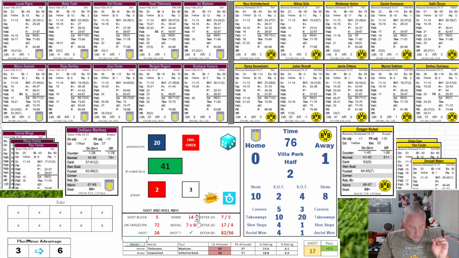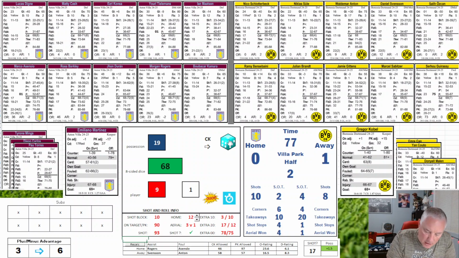But the +2 on each one will change the possession number over to a 12 for Dortmund. They are at +6 versus Villa's +3. We're going to re-roll. Subs are done, so no more endurance checks. 5-13 is a corner, so Villa gets the corner. 5-64 P. 10-12 is a corner back for Dortmund. 168 and a card for Digne. So Lucas Digne cards in the 77th minute.